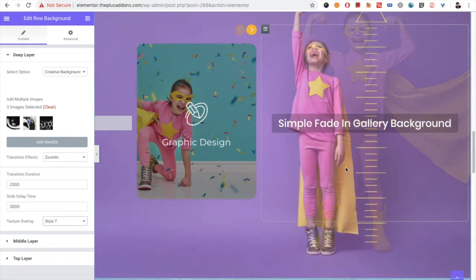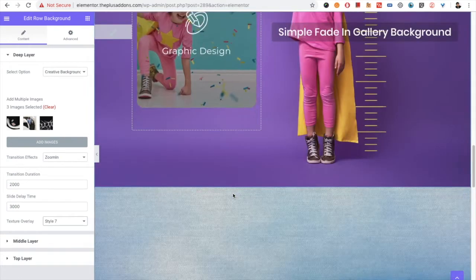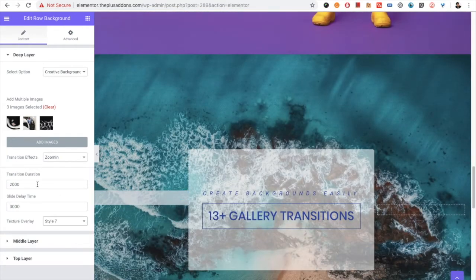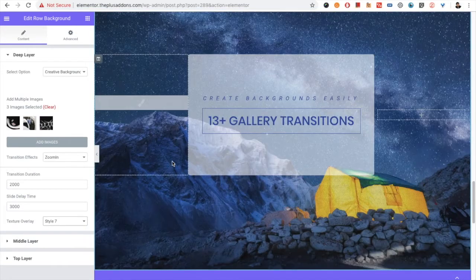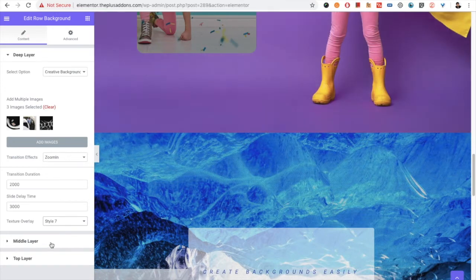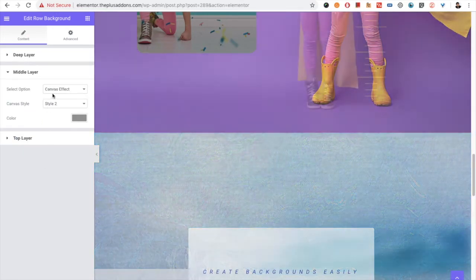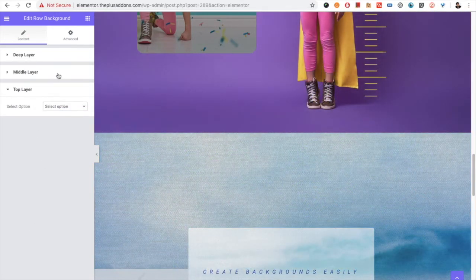Especially there are nice transition effects, zoom in, zoom out, and with the combination of the transition duration and slide delay time, you can generate many other options. And you also have the options for the middle layer and the top layer